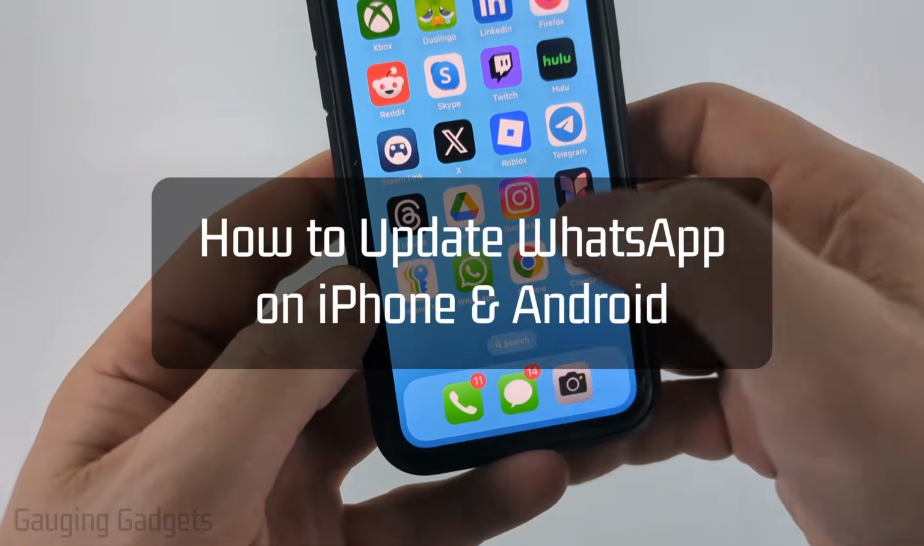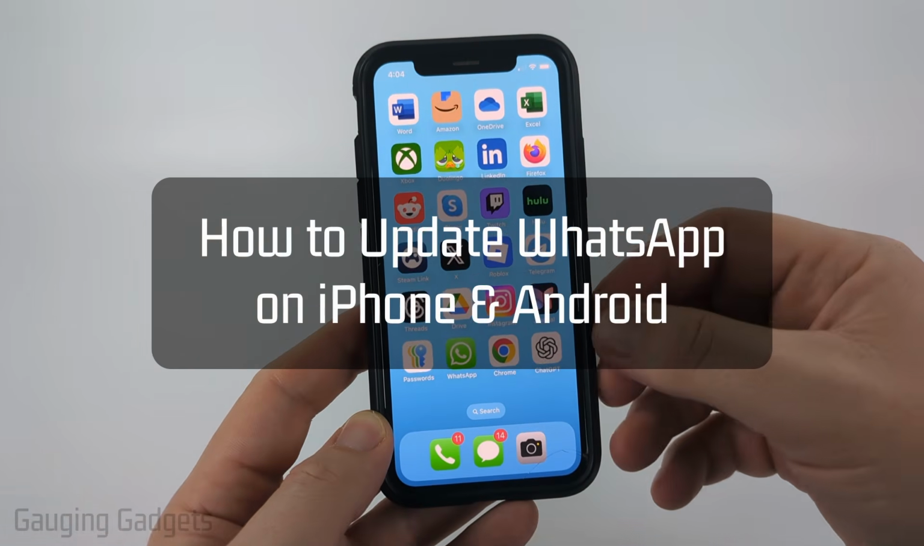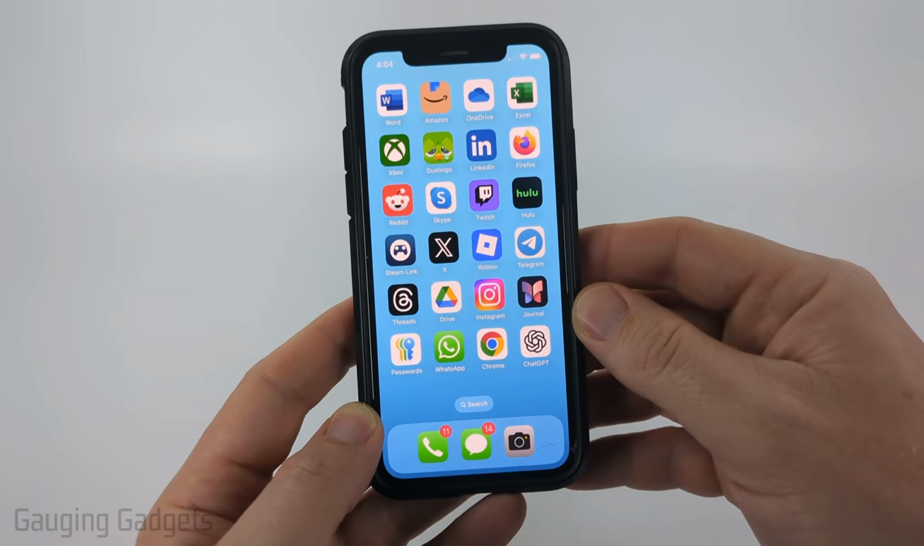How to update the WhatsApp app on your iPhone or Android phone. In this video, I'm going to show you how to install the latest version of WhatsApp on your iPhone, Android